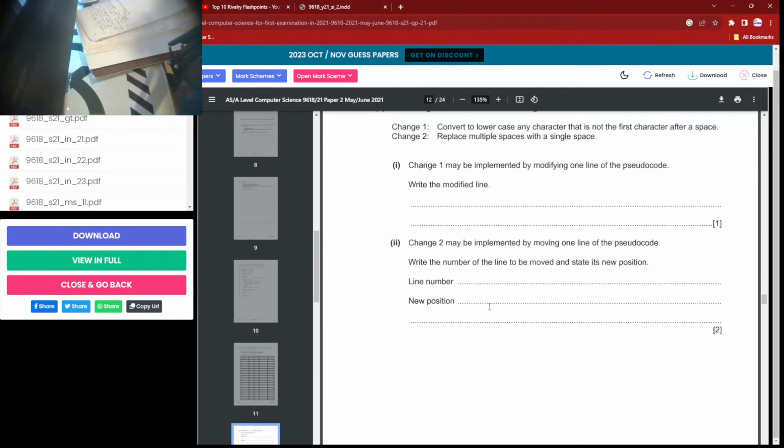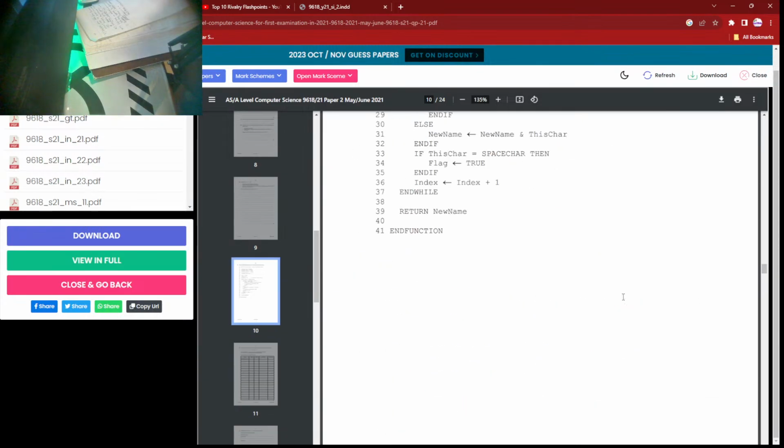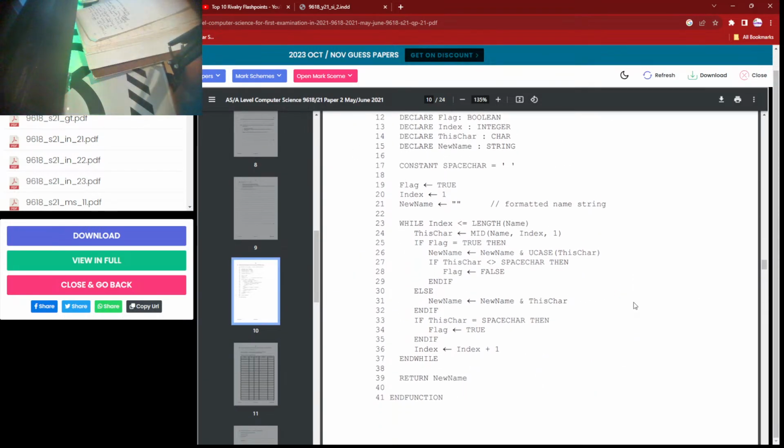Next one, change 2 may be made by removing one line of the pseudocode. Replace multiple spaces with a single space. Write the number of lines to be removed and state its new position. So let's get the code again. So you want there to be just one space. We would move the